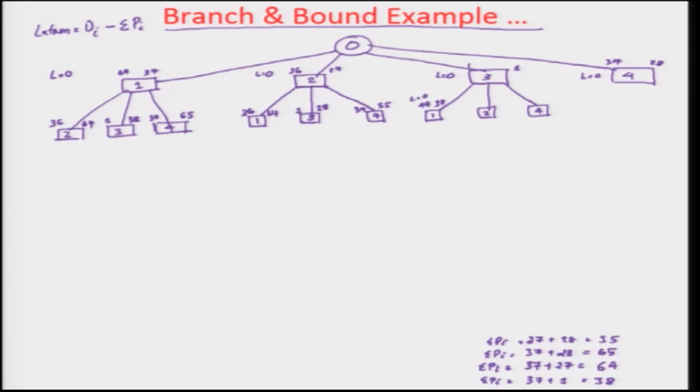If I do 2, then 2 will be 1 plus 27, that is 28. It is supposed to be delivered on 36. The lateness is equal to 0, and 4 is 28. So, that is 29. Okay. So, then the due date is to be 37. So, the lateness is equal to 0. So, now here is a scenario where at the second sequence position none of the jobs are late.